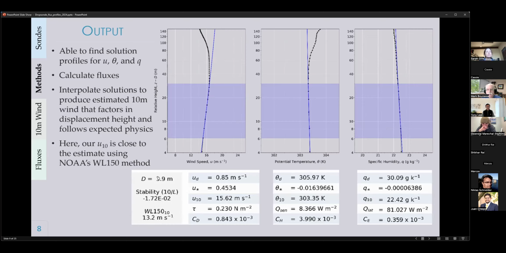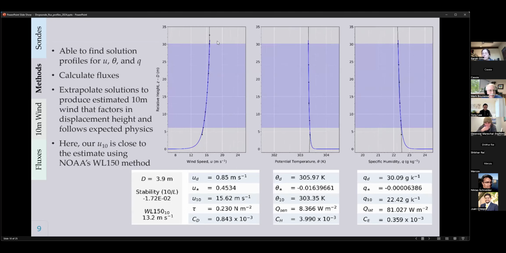In this case, we had about a 4-meter displacement height, which is 4 meters higher than most people would assume it exists. And stability that's actually non-negligible. So it's an interesting example. And with the degrees of freedom we have, it's not really surprising that we're getting a good fit here. One of the things you'll notice is that there are twice as many wind observations as there are humidity and temperature observations. That's the way the system works. It would be nice to have more of both, but the sampling interval's a little different,